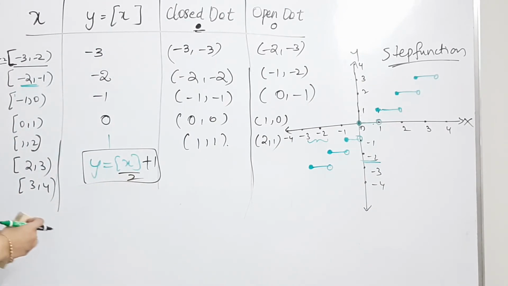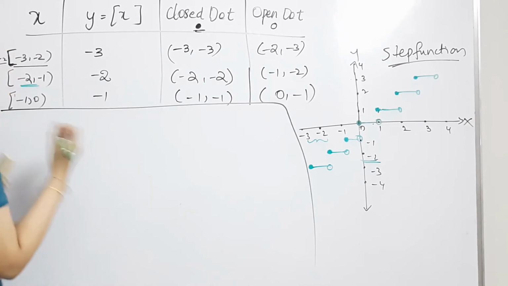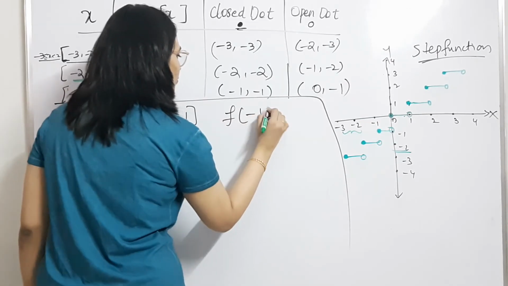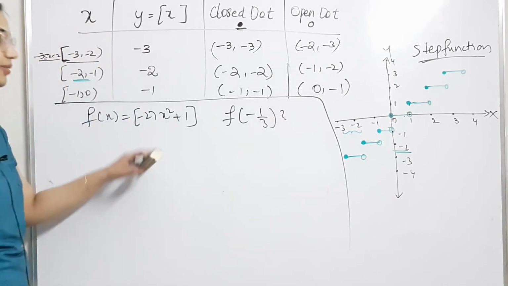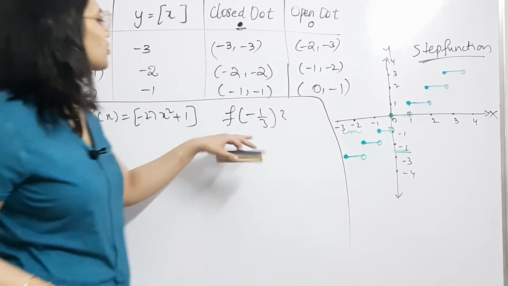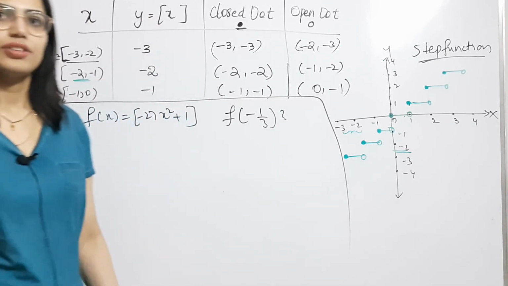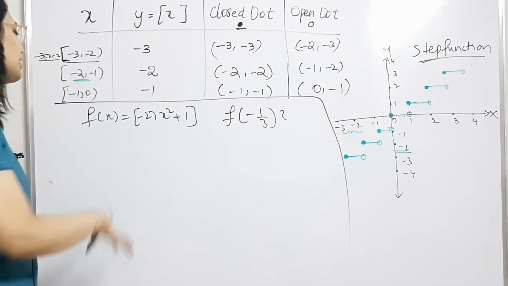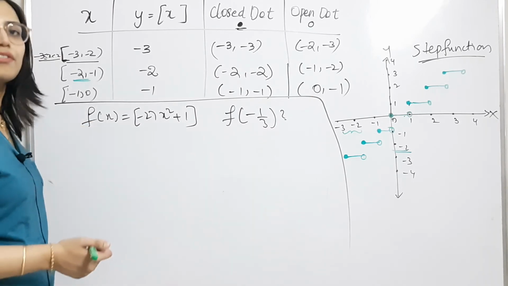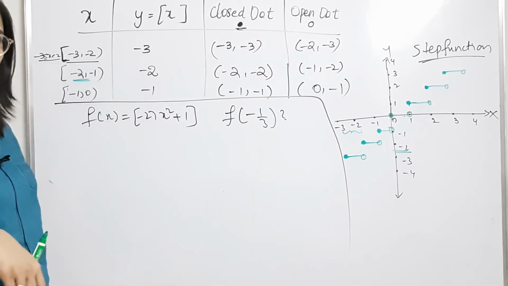Another way is very easy. They'll just ask you to, for example, say f of x is equal to a function that they will give you in the exam. Okay, these are very easy problems if you understand the concept. So they'll ask you to find what is f of minus 1 by 3 here. Simply, you know for a fact that a function and they gave you to find f of x and this x value is minus 1 by 3, right?